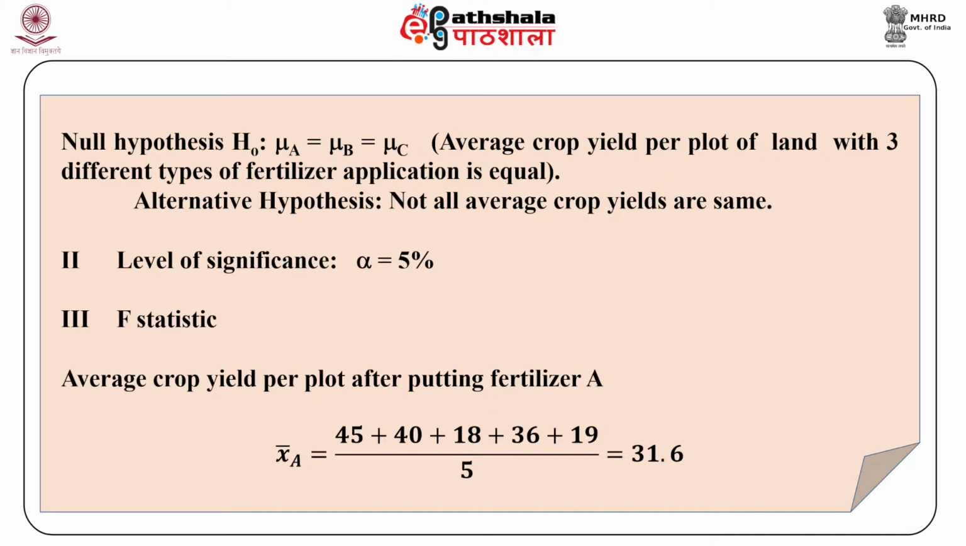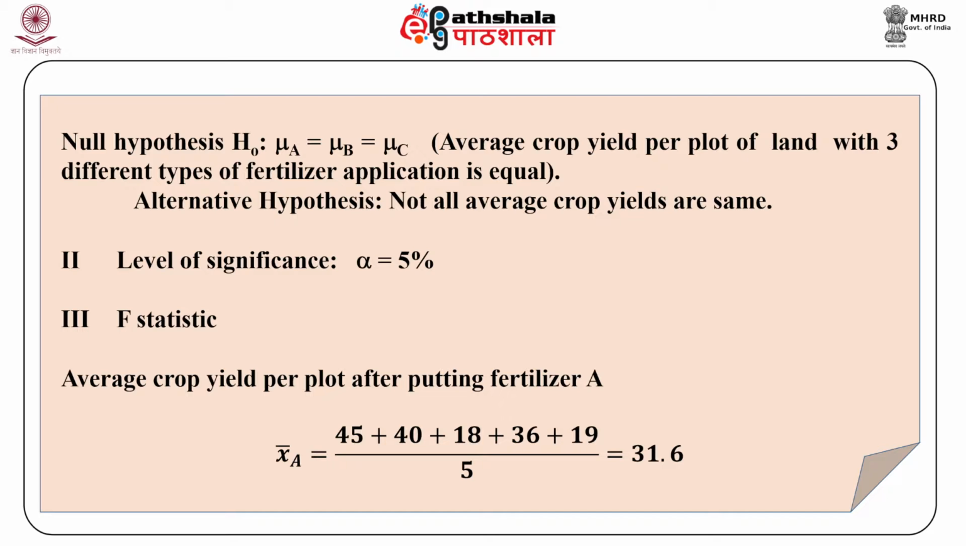The first step is to fix up the null hypothesis H naught, which in our case is mu A equal to mu B equal to mu C, which means average crop yield per plot of land with 3 different types of fertilizer application is equal. The alternative hypothesis we have set up is that not all average crop yields are same. The second step is level of significance. We have fixed alpha equal to 5%,